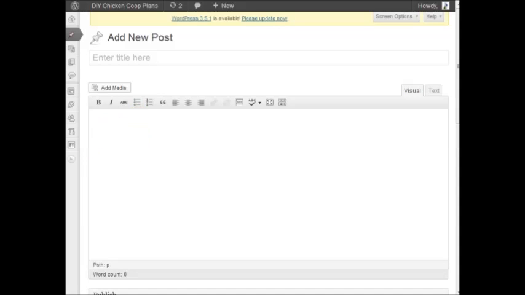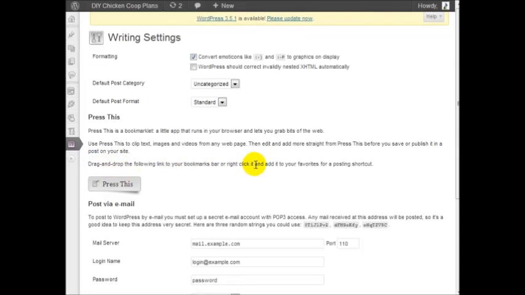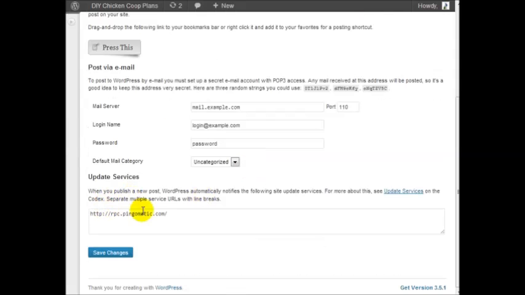And additionally to this, another thing you can do is you can go under settings and writing, and at the very bottom here you're going to see update services. Basically you want to put these